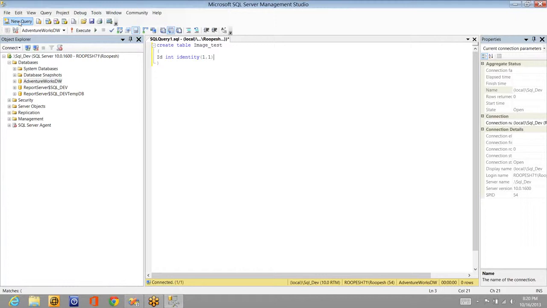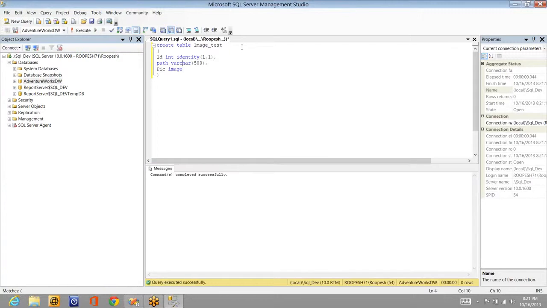And the second one, I'll give path, where it is. Varchar of, let's say, 200 characters, or let me go for 500 characters. So path means the path where the file is present. If you want to store the path also, you can use this. And the third thing is picture. I'm going for image.